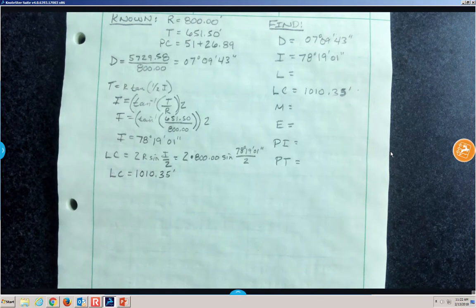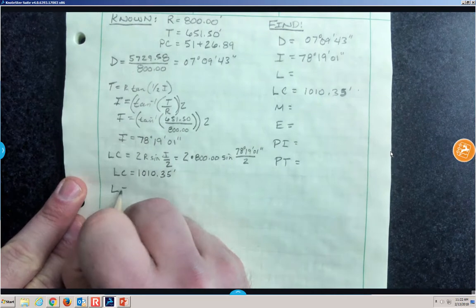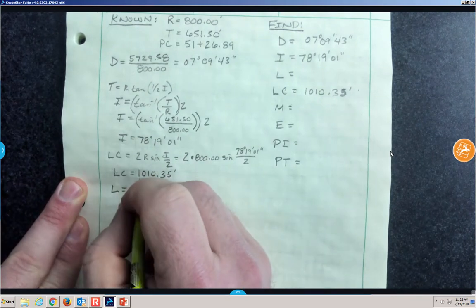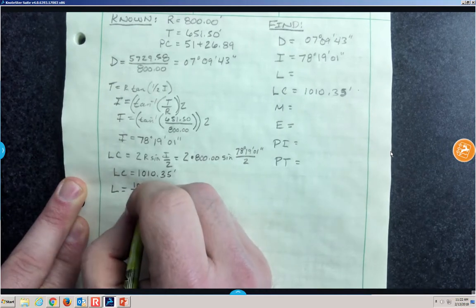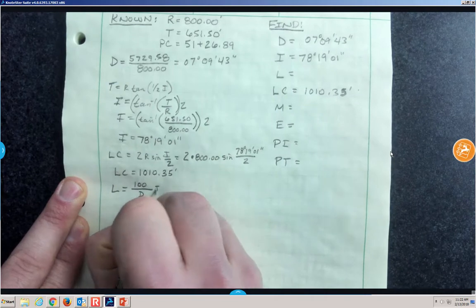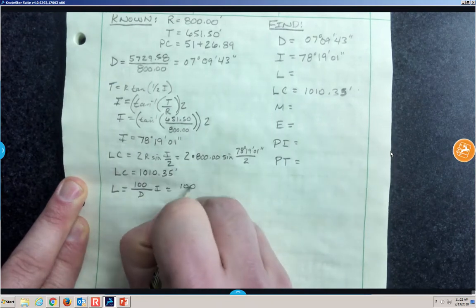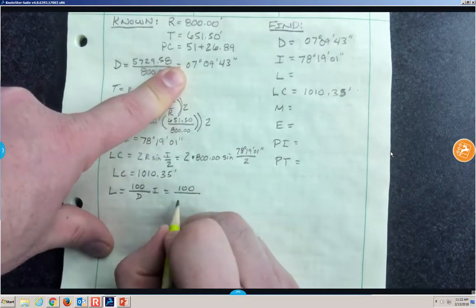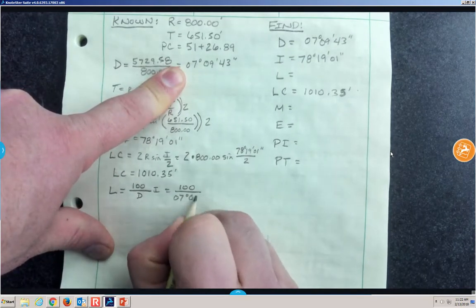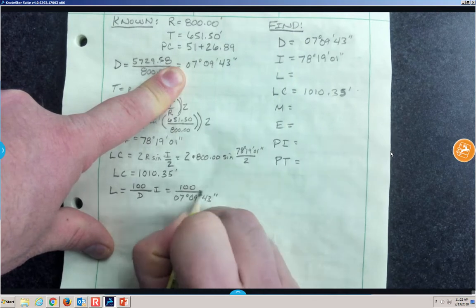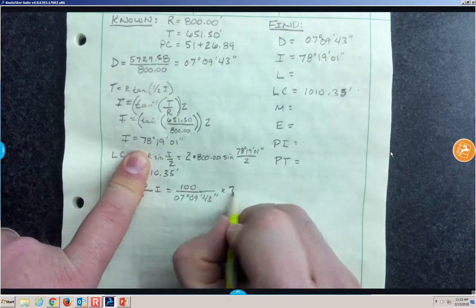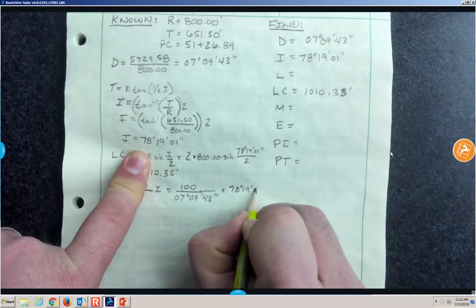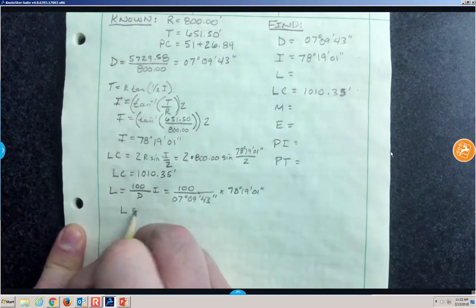All right. What do we want to solve for next? L. Let's solve for L. So L is 100 over D, right, times I. So 100 over D, we figured out, was 07 degrees, 09 minutes, 43 seconds, times I, which we just figured out, 78 degrees, 19 minutes, 01 seconds. So L equals